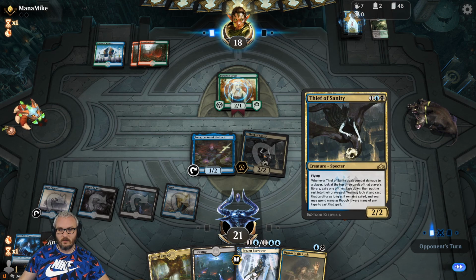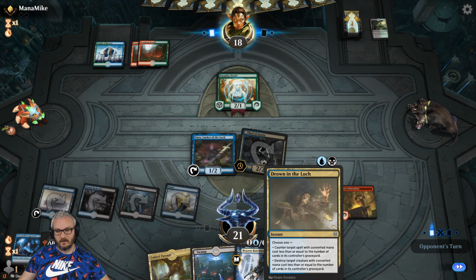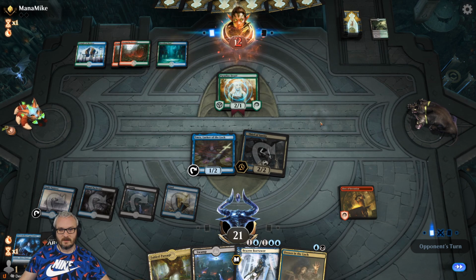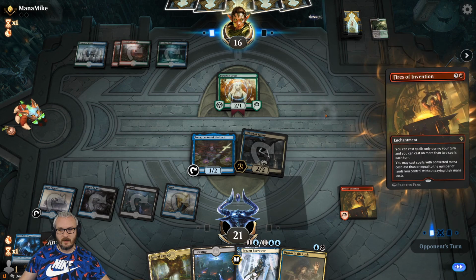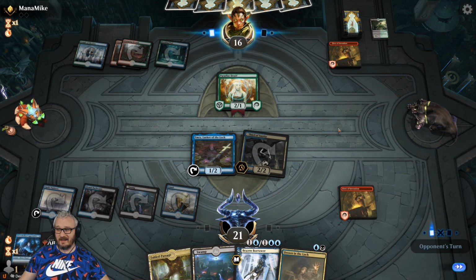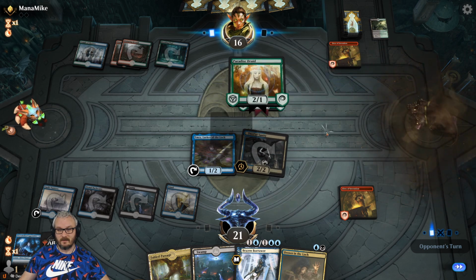Yeah. If we get one more proc of the Thief of Sanity off, though, this Drown in the Loch is going to be nutso busto. Yeah, it will be. Let's see what happens. He's probably in a little bit of disbelief here. 1, 2, 3, 4, 5. Nissa fires. Alright, fair enough. This is like a Teamer Fires, though, man. What's going on? It really is kind of a weird...